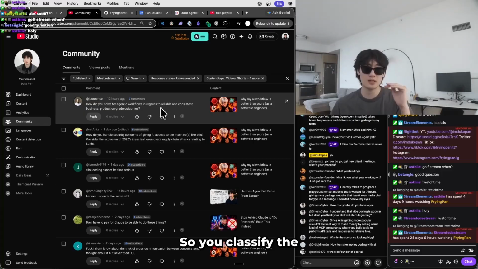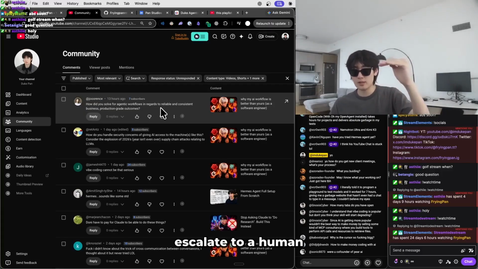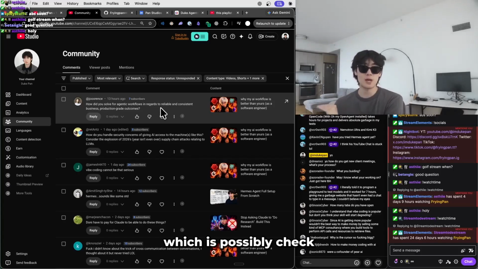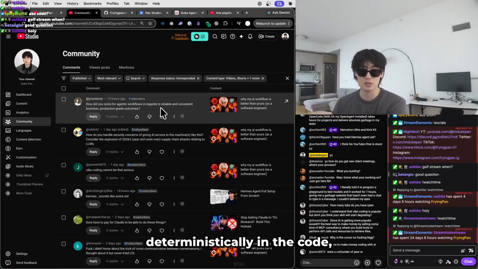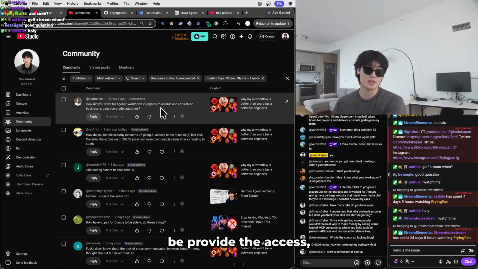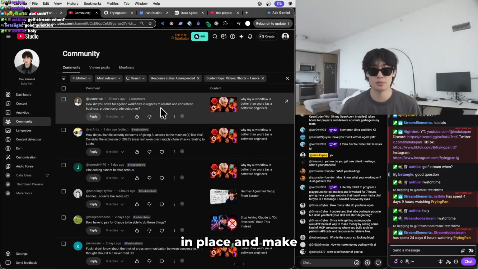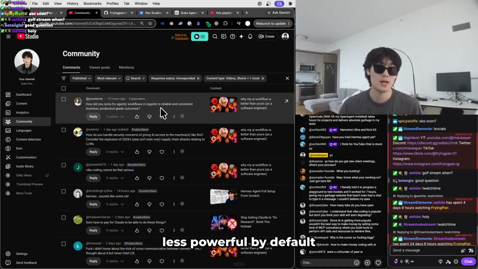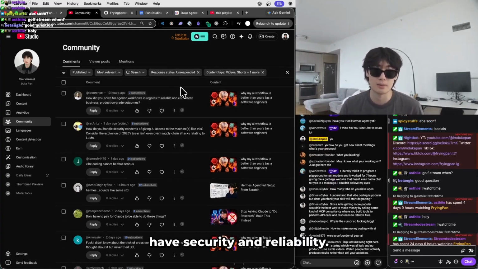So it classifies the next step into either escalate to a human, or propose this as a suggestion to the user and get user confirmation, or go to the next step, which is possibly check permissions. And after checking permissions deterministically in the code, then the decision could be provide the access, right? So you just have to put more guardrails in place and make your AI harness less powerful by default if you want to have security and reliability.